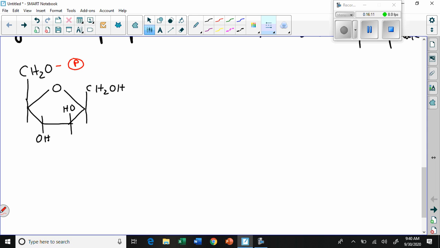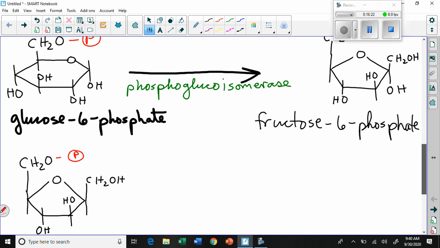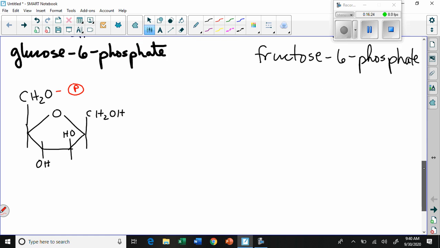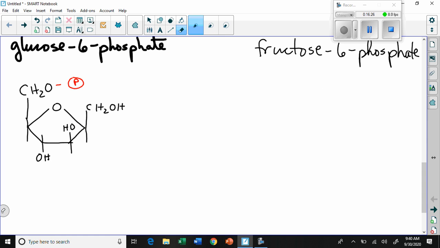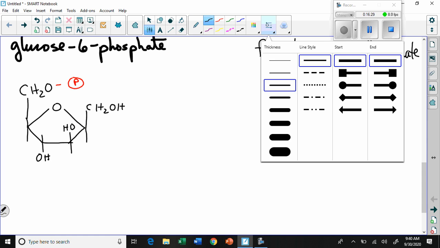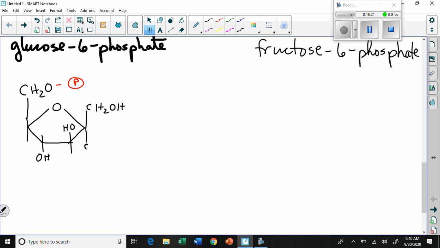Now remember, the phosphate is the P with the 4 O's, but we're just doing this as a simpler version of it, so we don't have to draw that every time. So there we have the same molecule that we had right here. Oh, I forgot an OH again. Let's put the other hydroxyl right here, and I think we're good to go. So now this is going to be a reaction,